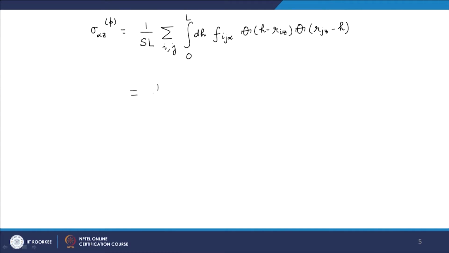Okay, so now I can integrate over this theta function, keeping in mind that we are now integrating over the control volume while moving this plane up like this, and it turns out that this is equal to, so S L is of course V